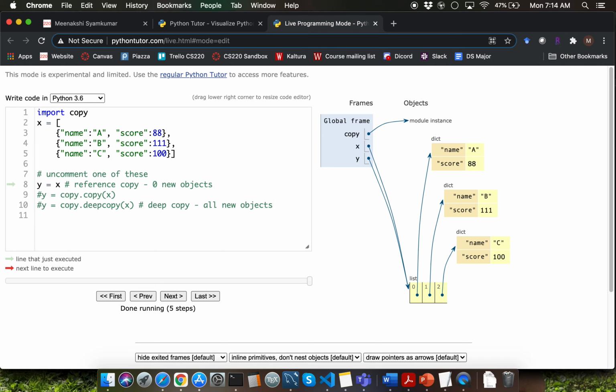What exactly is depth? Recall that depth is the number of arrows it takes for you to arrive at a particular object instance. This list object instance is at depth level 1. That's because it takes you one arrow from the x variable box to arrive at it. The dictionary object instances, on the other hand, are going to be at depth level 2 because it takes you two arrows to arrive at them.